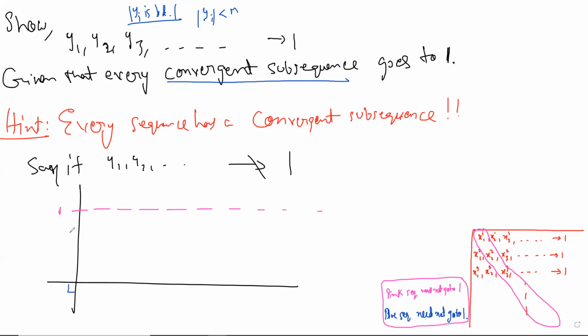Let's say this is the number one. Now, if this sequence doesn't go there, what does it mean? It means that there is some epsilon, some degree of closeness to the number one, which this sequence refuses to attain. Or you can just write the contrapositive of the statement of the definition. But roughly speaking, some epsilon is there such that